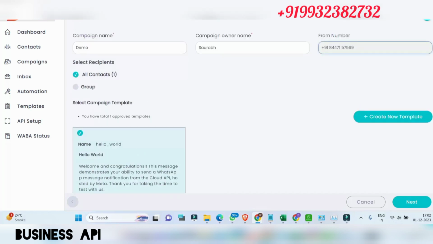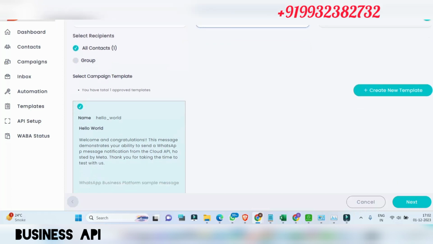This is our number. Campaign owner's name, Master Code. It's our campaign. It's our company name. Web Interconnect is our company name.